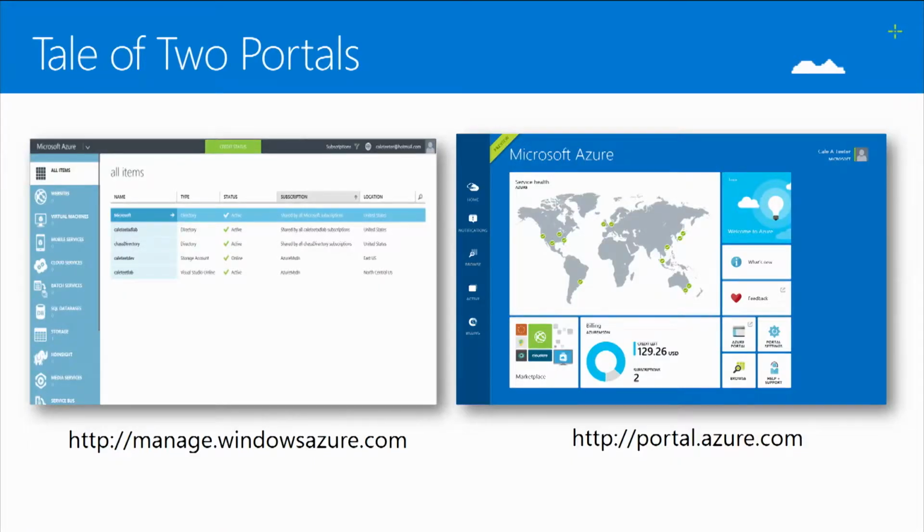Before we get started, a couple things I want to bring up. There are 2 portals for Azure: the current management portal, located at manage.windowsazure.com, and the preview portal, located at portal.azure.com. I'm going to use both portals in most of the slides. I'm going to talk about the different portals, and from time to time, I'll reference the difference between the 2